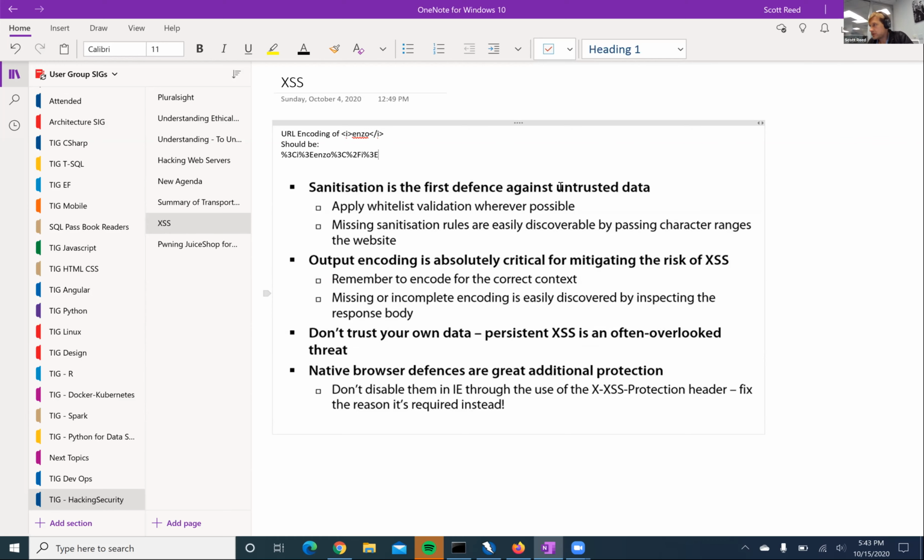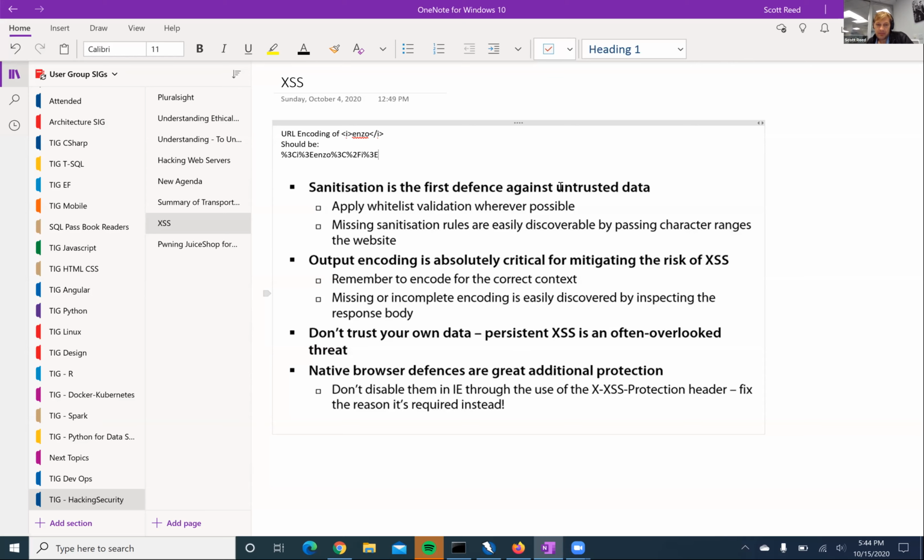Like if you use, for example, Razor, the at syntax and so forth, those do the right thing by default, and you have to actually do something special to not encode. And there are libraries in many cases for dealing with it in JavaScript and so forth. So I think it's well understood. It's been on the radar for many years now.